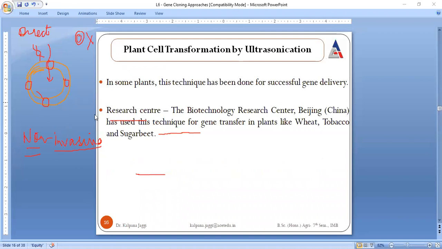But in some plants this technique has been successful also. If we talk about one of the research centers available in Beijing, in some parts of China, it has been used. By using this technology, it has been easy to transfer the gene in plants like wheat, tomato, and sugar beet. So with this,